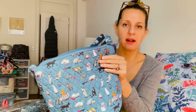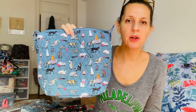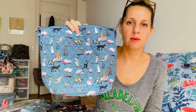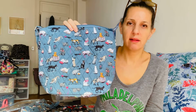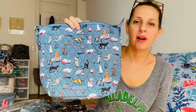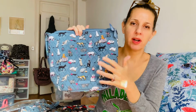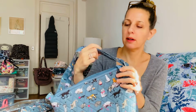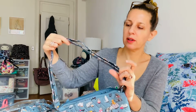It was that cat being some internet thing where there was a cat startled by, I don't know, a pickle or a cucumber or something, and that was on here. And I was looking at this and I was like, where's the pickle or cucumber or whatever? So I thought maybe they had changed the pattern, but then I found it. I just happened to get a piece of fabric here that doesn't have it, but it's on my strap. It's not a bad strap because it's got the